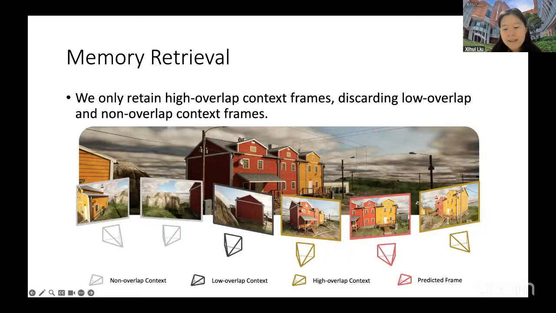We found that these two yellow frames actually have larger overlap in their field of view with the pink frame. So they should play a more important role for generating this pink frame. In practice, we only retain the highly overlapped context frames, and we discard the low overlapping context frames.